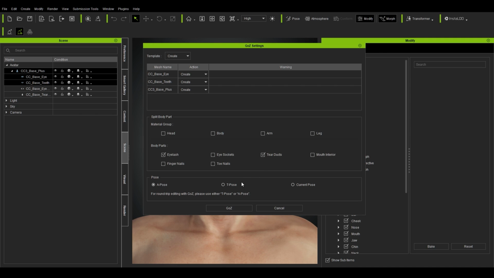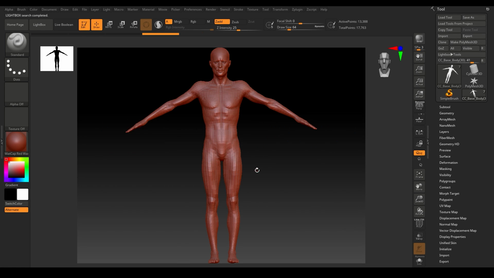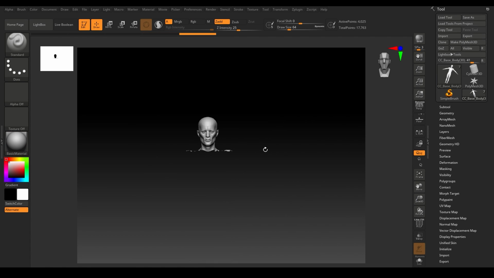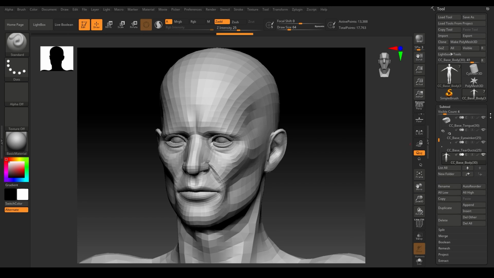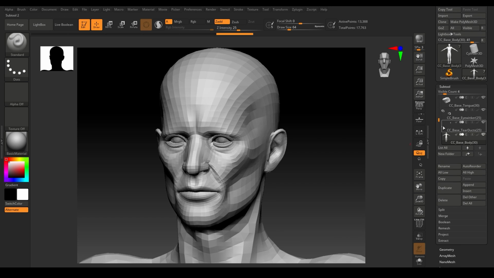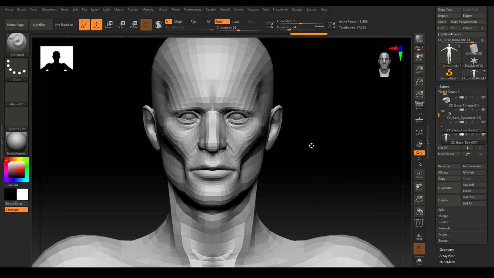And then select either the A or the T pose. Current pose won't be an option when you import back, so A or T. And when you've done that, you just press GoZ, and you'll get this. So if I turn off this horrible material, if I just zoom into the head, like this, you can see in the subtools section that we have separate subtools for the eyes, teeth, tongue, eyelash cards, and the tear ducts. The process here is to work in symmetry